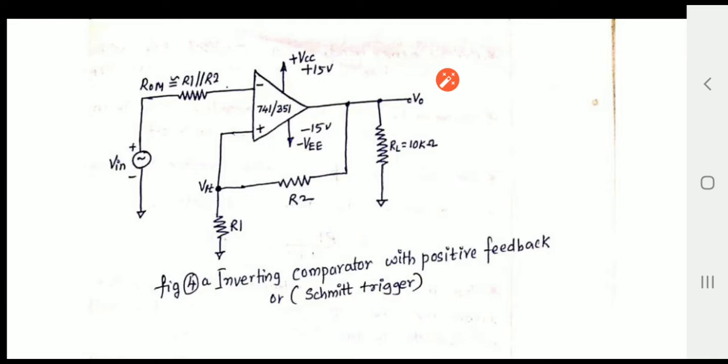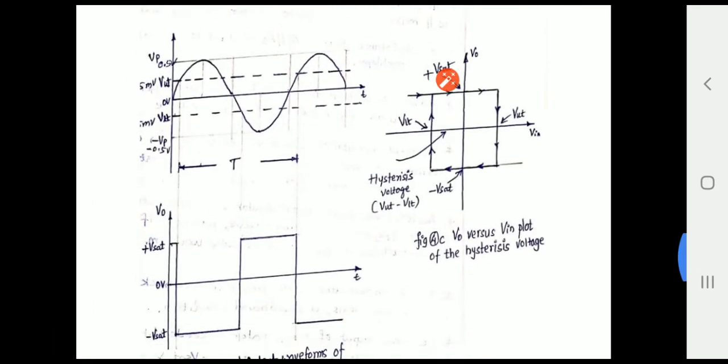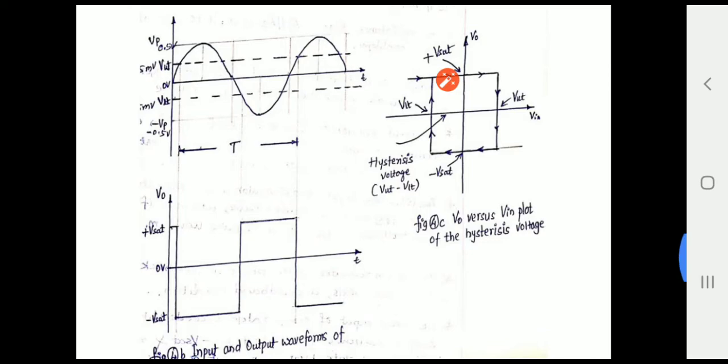Okay, so now we'll move on to the waveforms to understand how this circuit converts the irregular shaped waveforms into a square wave. Okay, now look at this waveform. So based on that circuit, we will explain this one. Okay, now assume that this is Vin with respect to t, and this is the output voltage V0. Now when Vin is greater than 0 and less than VUT, this is VUT, so from 0 to less than VUT, the output voltage is positive. Okay, only this part up to VUT, it is positive.